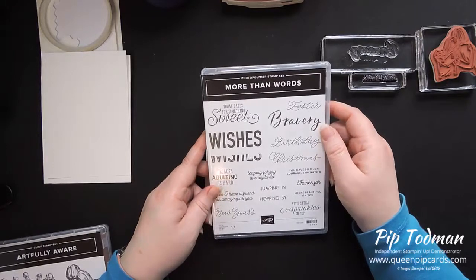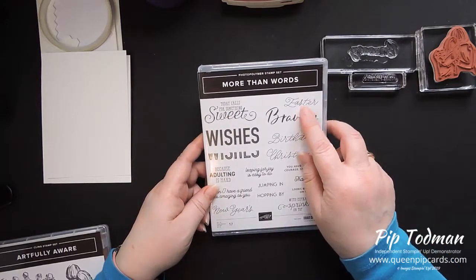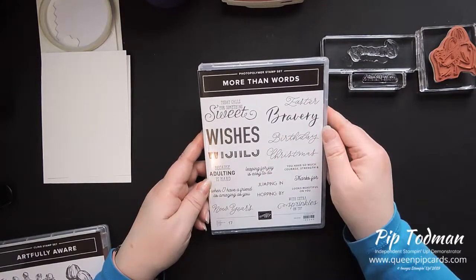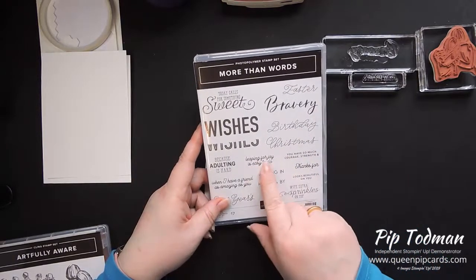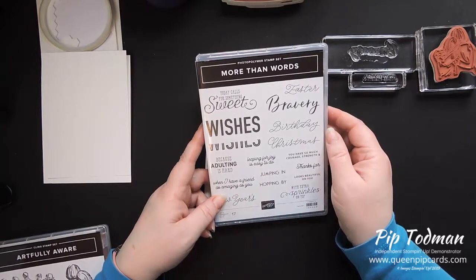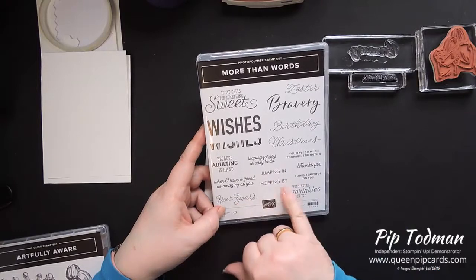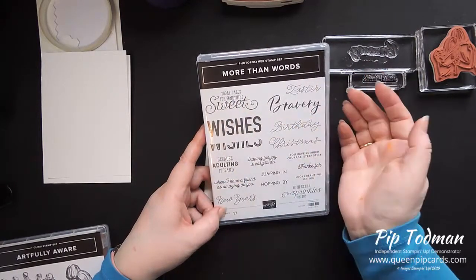I liked it because it's got a couple of things that I don't have. I don't have very many Easter wishes, and I don't have anything that says Bravery. It's got some really fun things. So "leaping for joy is easy to do when I have a friend as amazing as you" is quite good if you want to pair it with the frogs. You've got New Year's, jumping in, hopping by. "Today calls for something sweet" would obviously fit with the